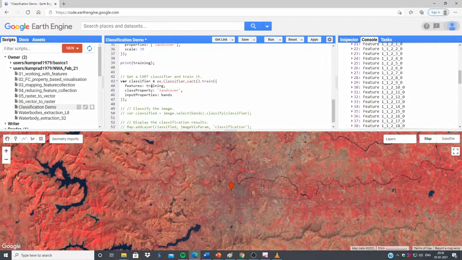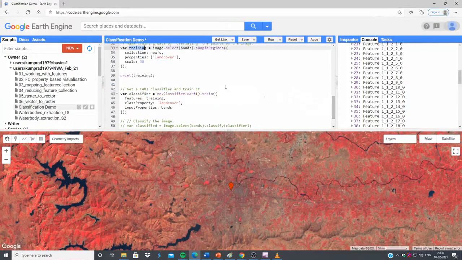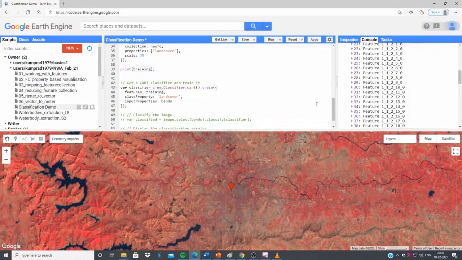Second, I am using a classifier, that is classifier.cart, and I am going to use this training data to train my classifier. You specify which training data you want to use to train the classifier, the training which I have created,